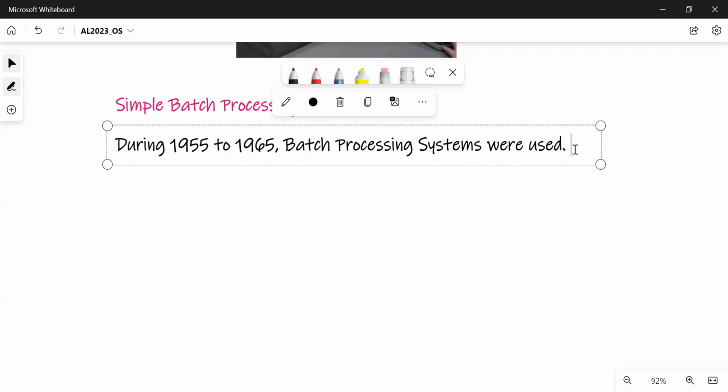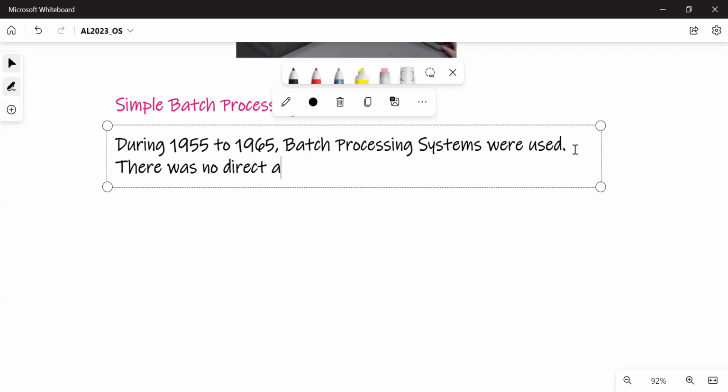There was no direct access to the machine, right?